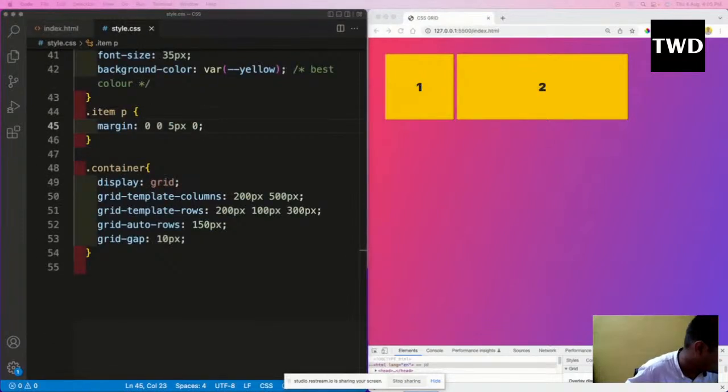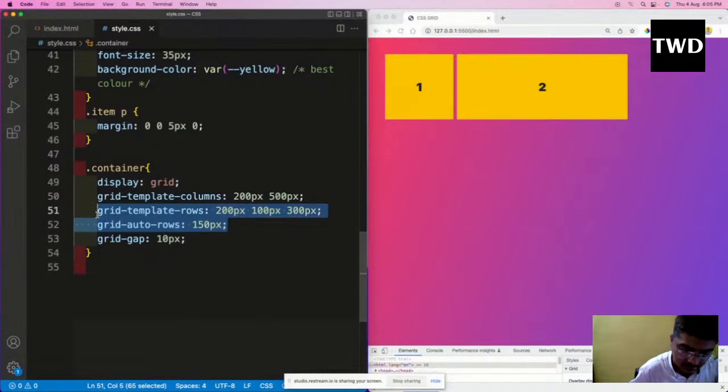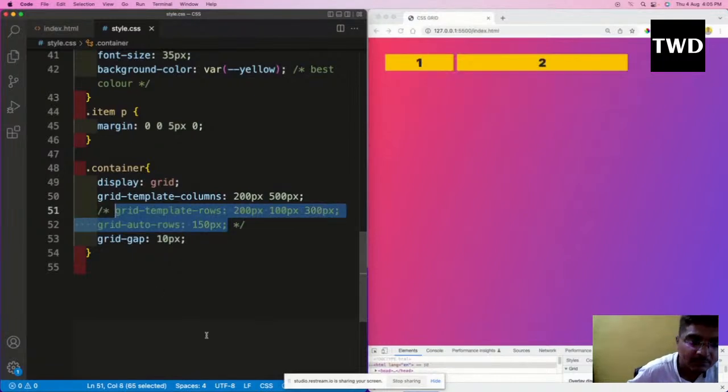Now, in case we want any new item to be added, it will automatically come below item number 1, because that is the default nature. So if we want the next item to come by the side of item